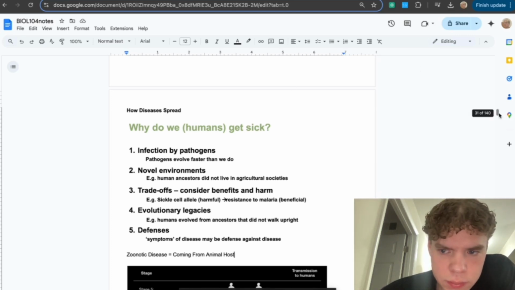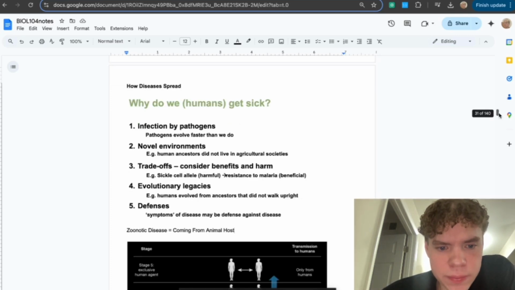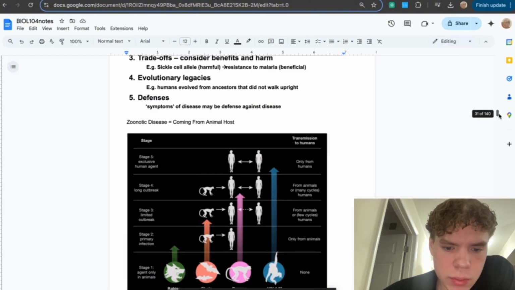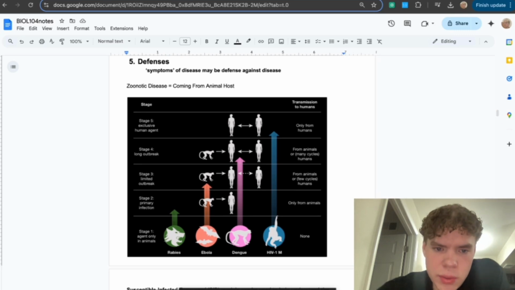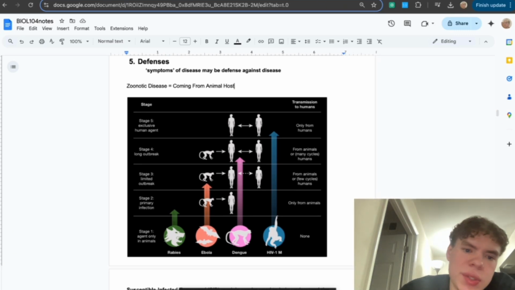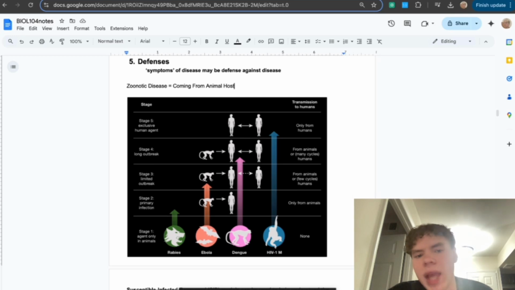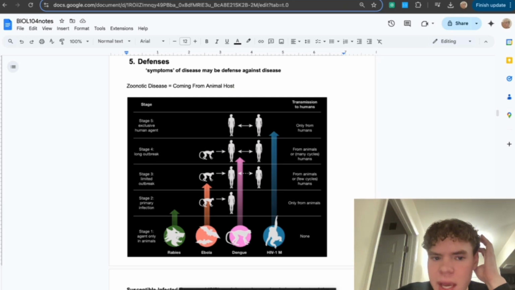Some humans just have alleles that cause them to get sick, like sickle cell disease, right? All right, so zoonotic disease refers to diseases that come from animals, say like COVID or Ebola. A lot of diseases actually come from animals because animals